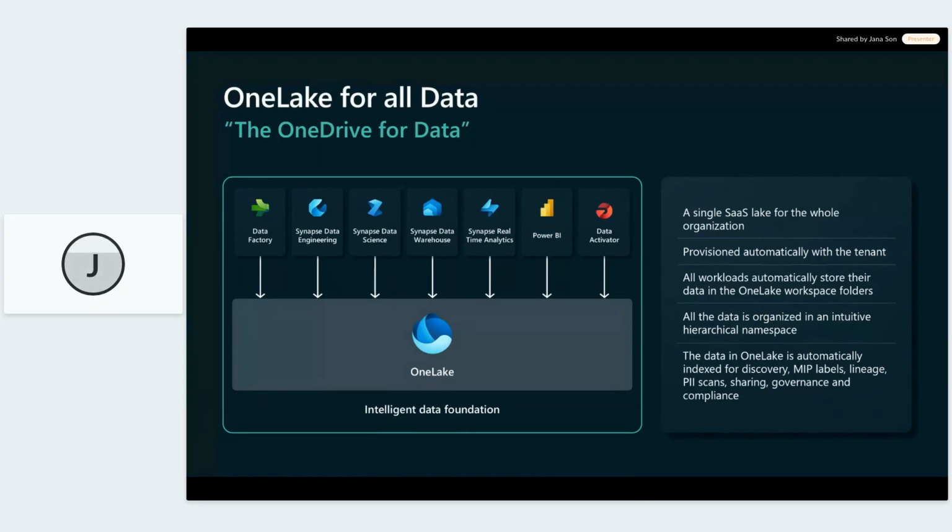And we still have a DFS endpoint there, making it compatible with any tools supporting the storage account. So that means that you can seamlessly integrate tools like, for example, Databricks with OneLake for data storage. So in that regard, there's nothing proprietary here. So you're not locked with just one vendor,